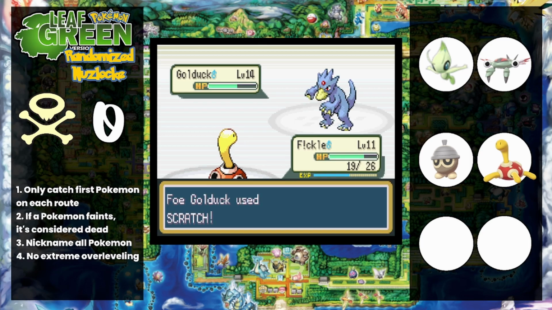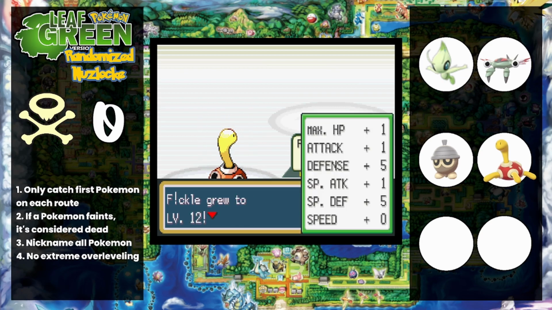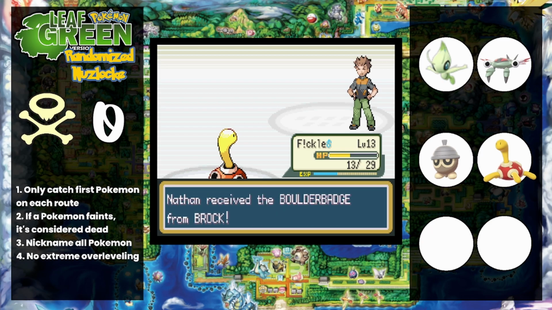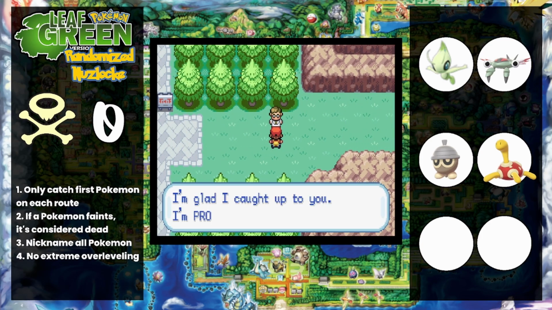A combination of withdraws, wraps and constrictions, I'm able to chip away at Golduck's HP. All I can say is thank you Shuckle for your damn defense. After what felt like an eternity between Golduck's disable, both of us just chipping away at each other's HP, I finish victorious. With one badge down, seven to go, we move on to Route 3 and head on over to